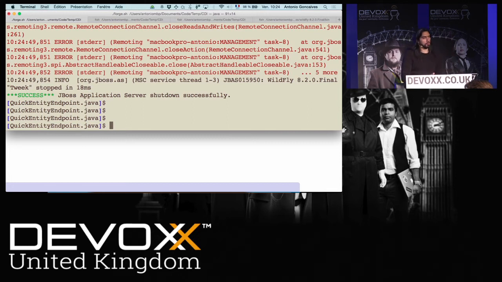So Java EE is cool, but the big problem with Java EE is testing. You know, either you mock everything, and at the end of the day it doesn't make sense. The EE world lives in a container, so if you take the code out of the container, you lose all the magic of the container, and you have to mock all the services, and it's a real pain. But there's this thing called Arquillian. Who knows what Arquillian is? So Arquillian is a testing framework within containers.